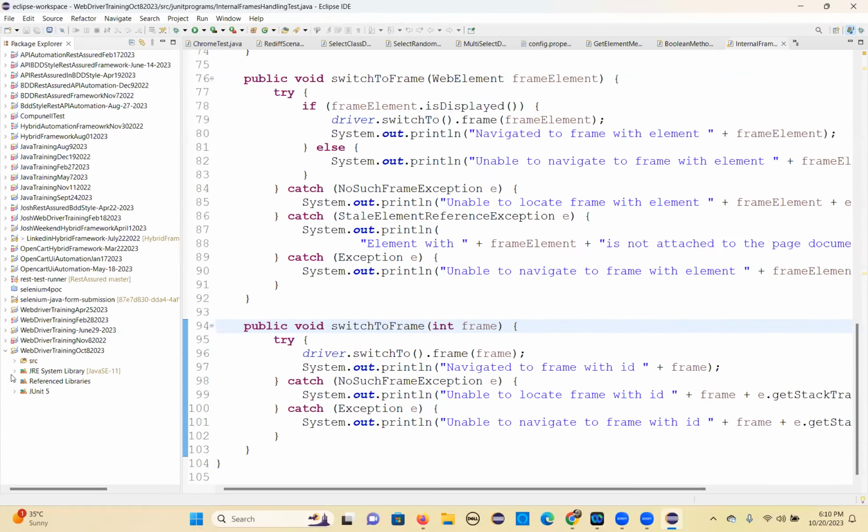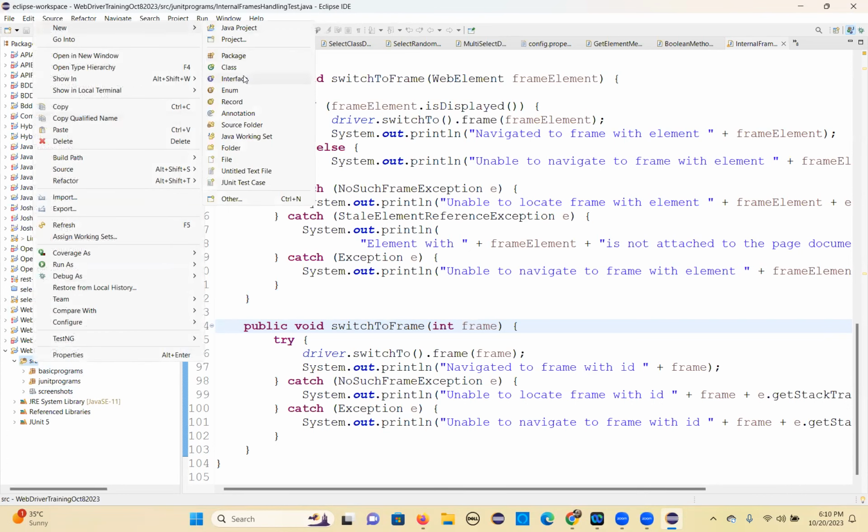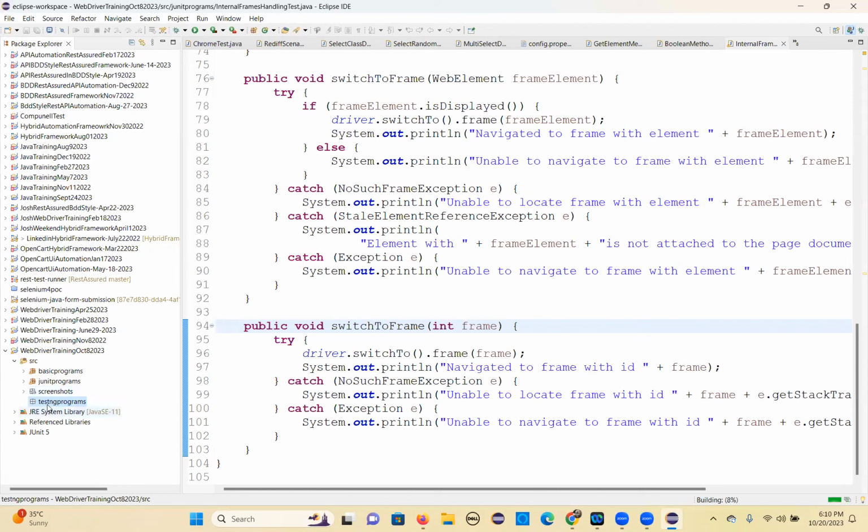Okay. So we'll create a new package that is TestNG programs. Let me create a new package. New package. So I'll just create TestNG programs. Finish it. So now let's create